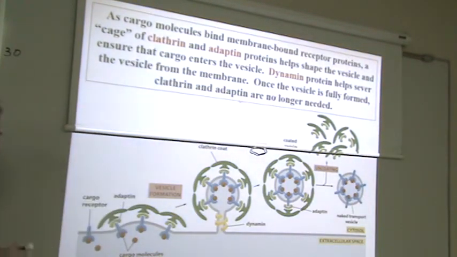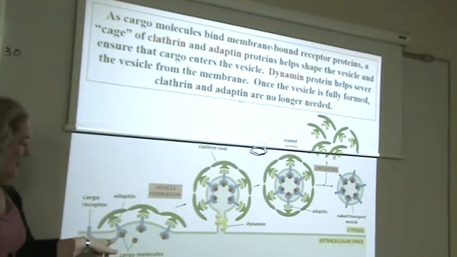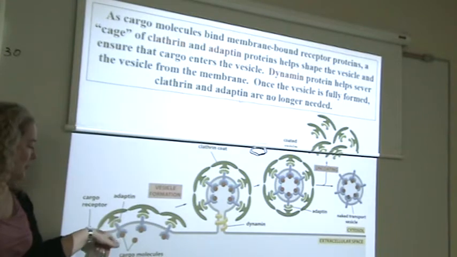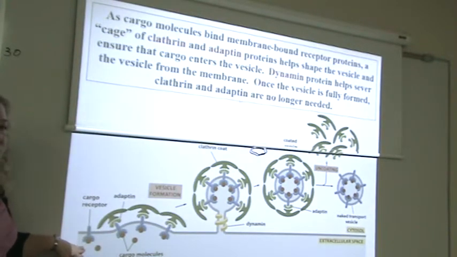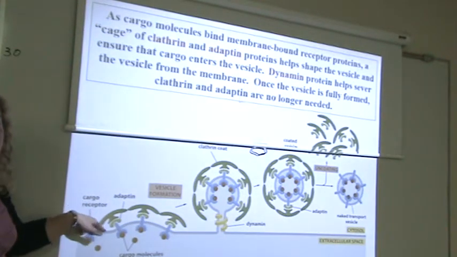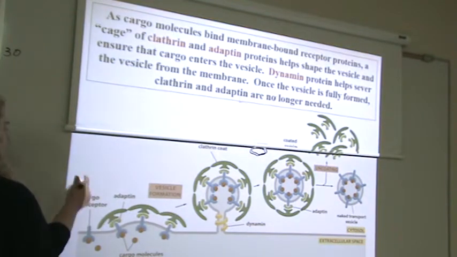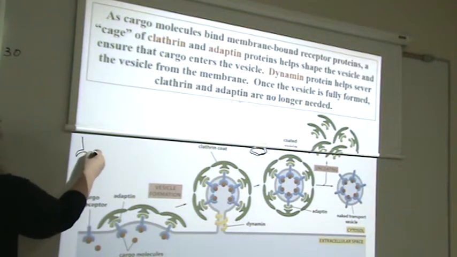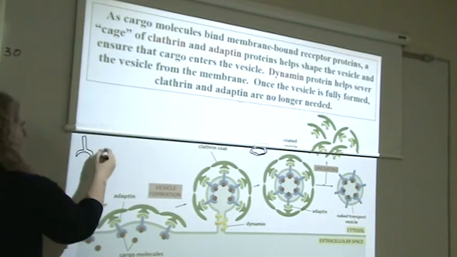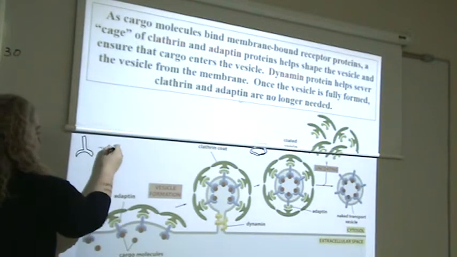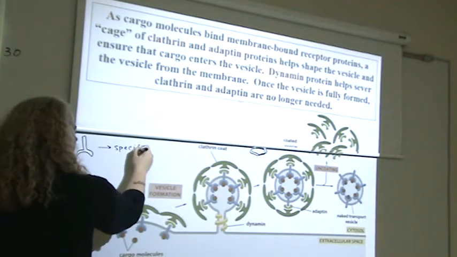Okay. So there's the cargo. And that cargo has to have a shape that binds to a specific receptor for the cargo. Otherwise, how can we make it get in the vesicle? So these blue molecules that are the receptors, these have really two jobs. They specifically bind cargo,